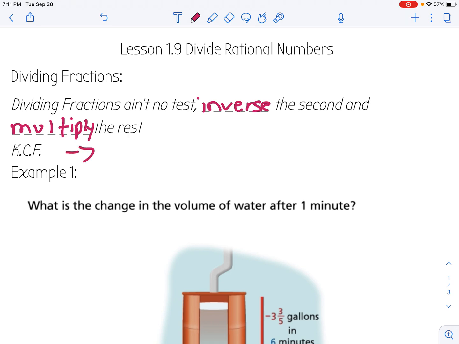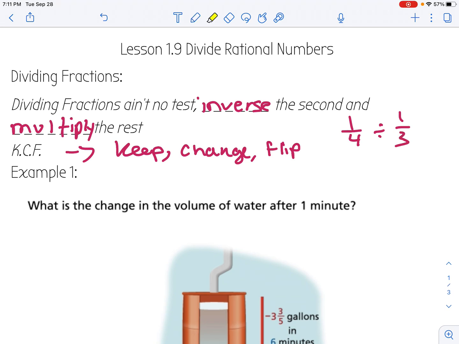The second one is KCF, which stands for keep, change, flip. Both of these are saying the same thing, just a little bit in different ways. So whichever one is easy for you to remember, I want you to keep that in mind whenever we're dividing fractions. So for example, if I had 1/4 divided by 1/3,